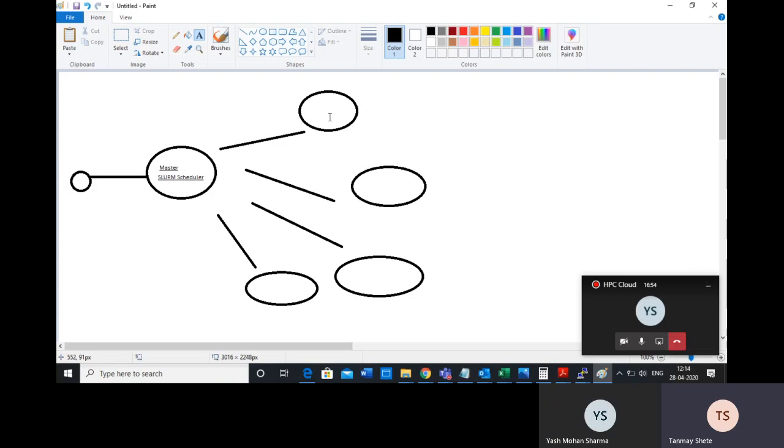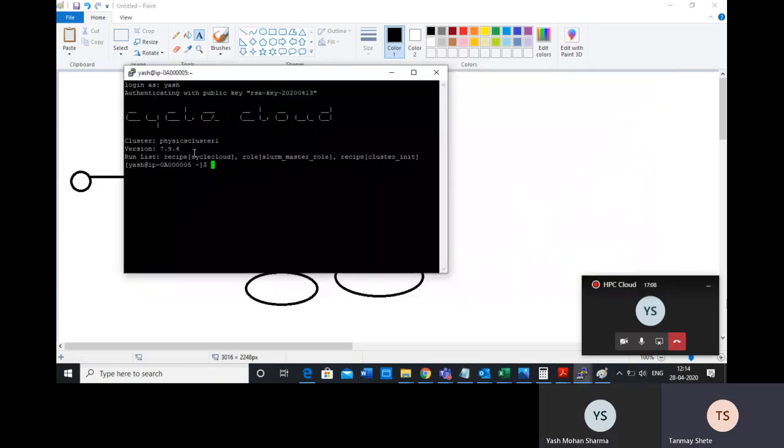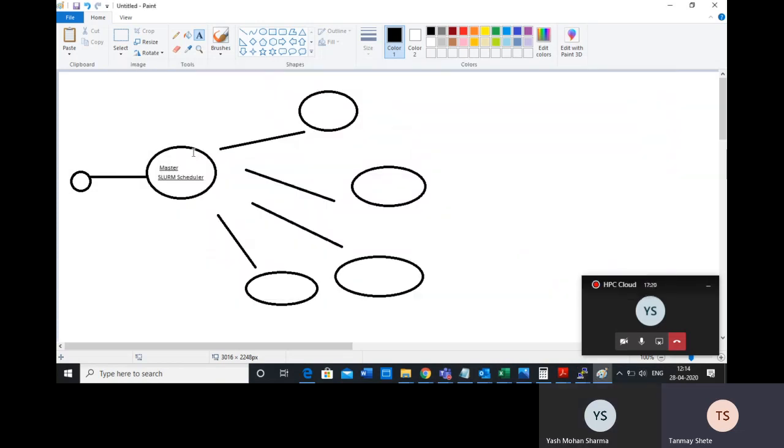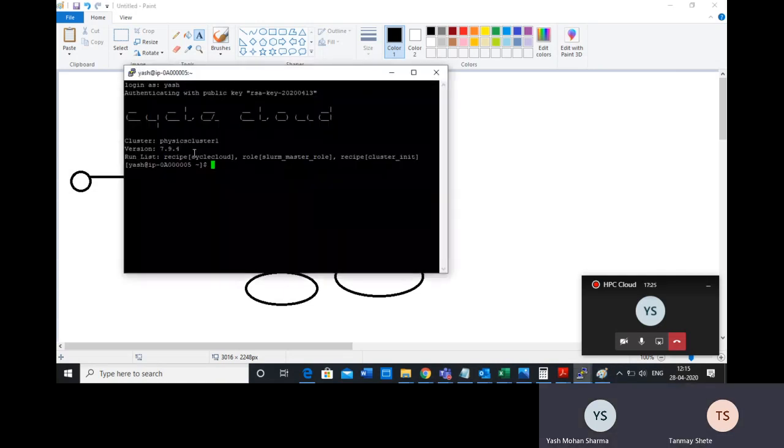So you got that right? Yes. Okay. So now what we did, we connected to this scheduler, this master machine, right? And now I asked you to provide us the software that you need installed on the machine, right? So can you send that list and the version of the softwares that will be required? Sure. Okay. Once you do that, then we will help you understand how to run those softwares here.